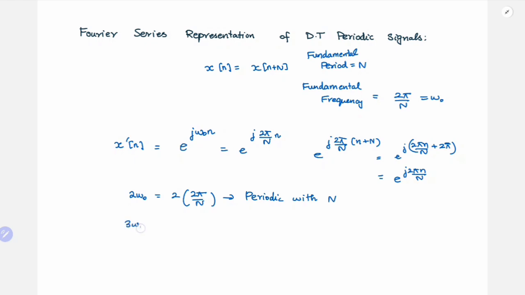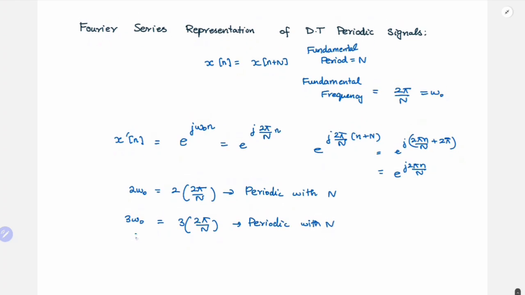Similarly, if you have 3 omega naught, it is again periodic with N, and so on. And up to what point? If I have N omega naught, then it will be 2 pi over N into N, and again this is periodic with N. And we also have our constant signal 0,